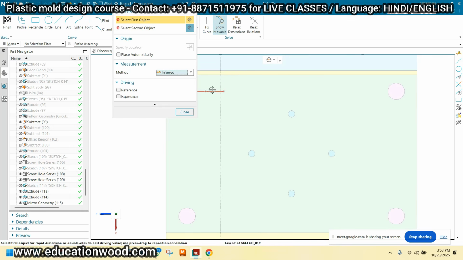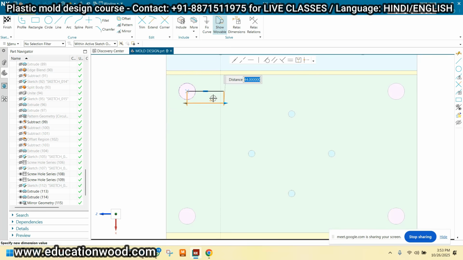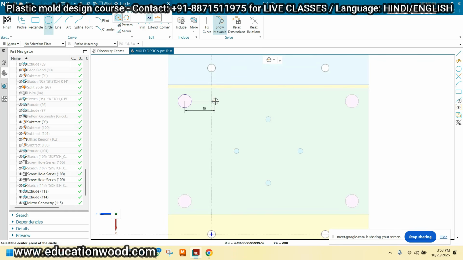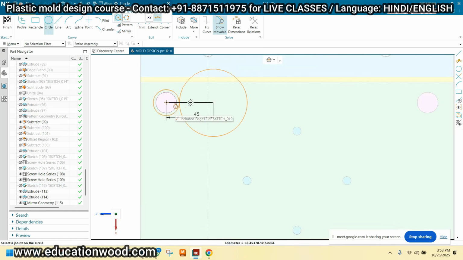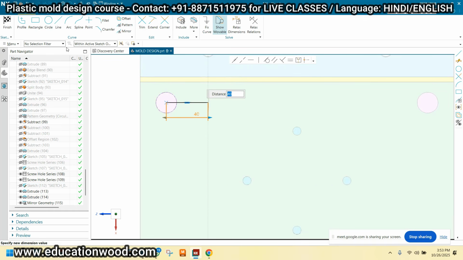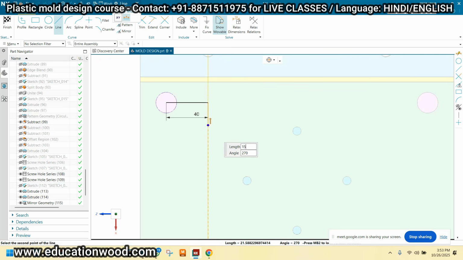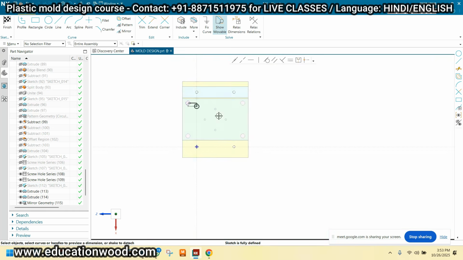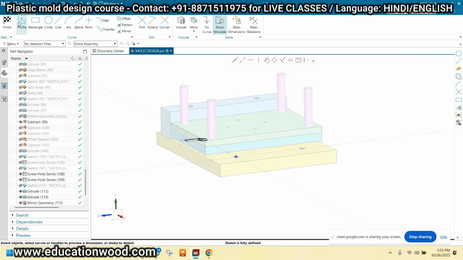B and just inferred and just click OK. This is the 45 distance I can take and take the dimension. I should take here. Let me check 14 and take one more sketch which is on 15, and now I should take dimension. How much? 22 for the pillar. Okay.